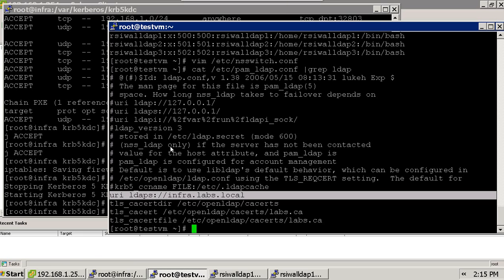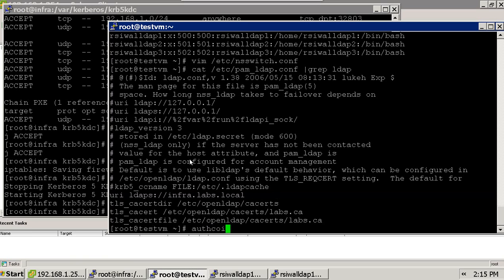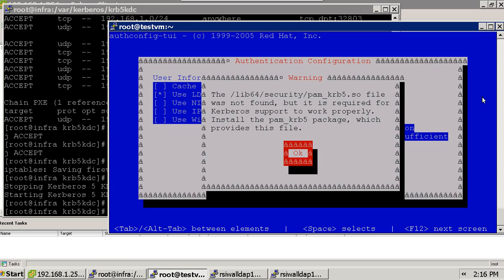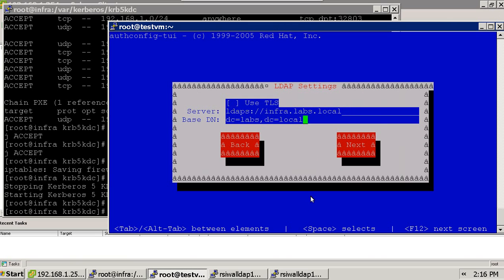Okay, so let me configure this client so that it authenticates against this Kerberos server infra. authconfig-tui. Use LDAP, fine, but for authentication I have to use Kerberos. It says I need to install the package pam_krb5. Okay, fine, fair enough. So click on OK, go back,